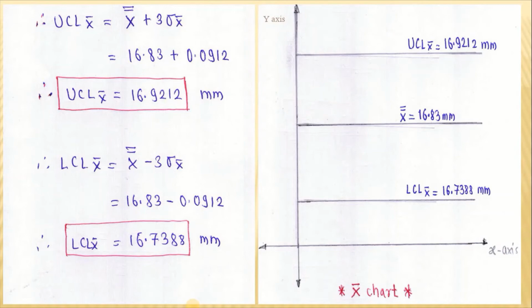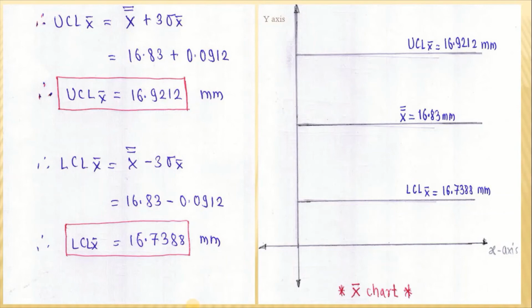if there are some extreme runs, like whenever 7 consecutive points are on one side of the control line, then it is an out of control chart. If among 11 successive points on the control chart at least 10 are on the same side of the center line, then it is out of control. Among 14 successive points, if at least 12 are on the same side of the center line, then that will be out of control.